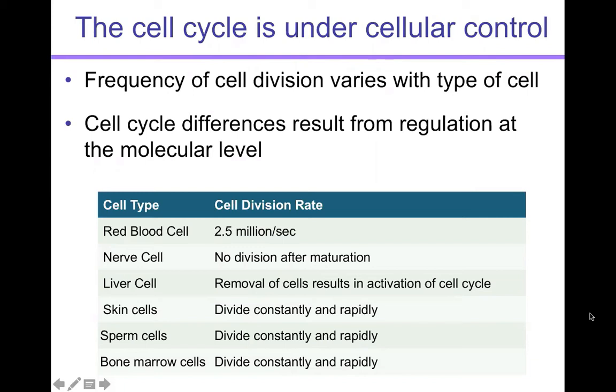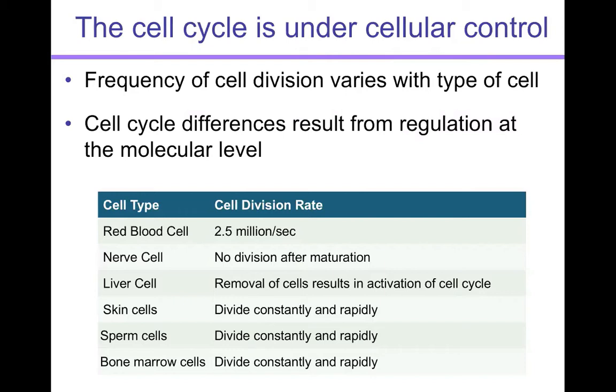The last thing that I want to talk about is regulation of the cell cycle. So everything that we have been talking about up to this point is really under cellular control. And it's not a one size fits all. The frequency of how often cell division, how often the cell cycle occurs, as well as the pace at which it occurs, differs depending upon what kind of cell we're talking about and depending upon how quickly those cells need